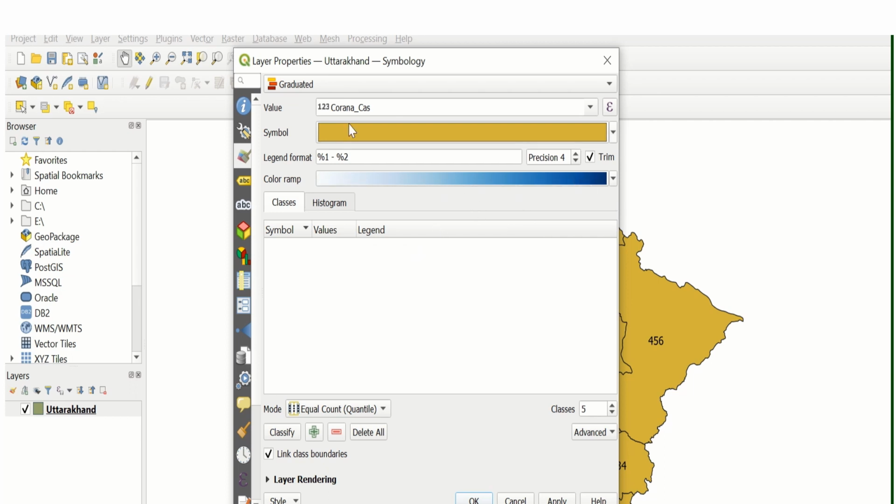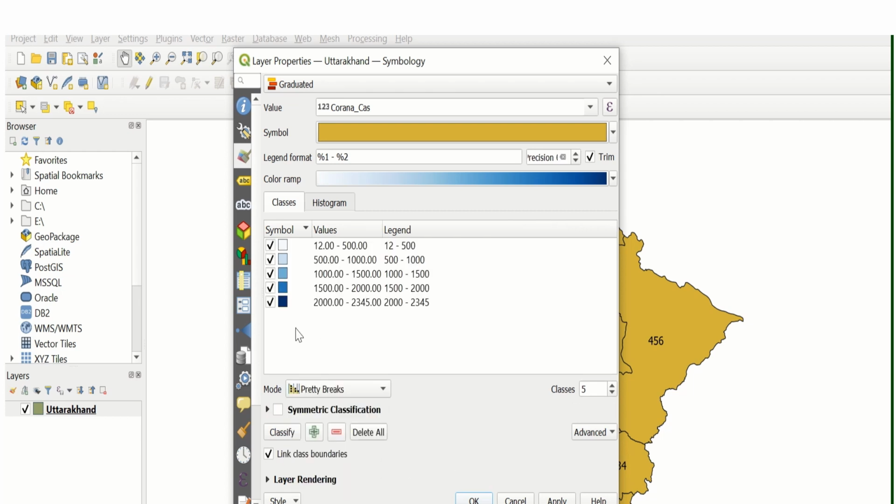Based on the values of corona cases, the higher the value, the darker blue will be in the segment. The lower the cases, the lighter color will come in the segment. Here segment is nothing but it represents the district only. So after changing the color ramp, we have to select the mode. So we select pretty breaks.